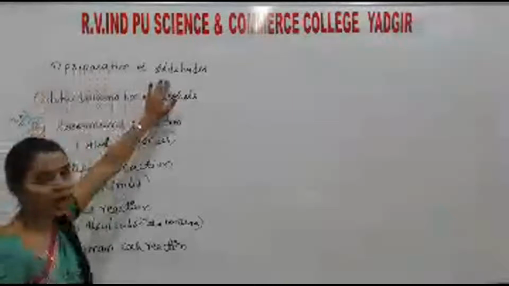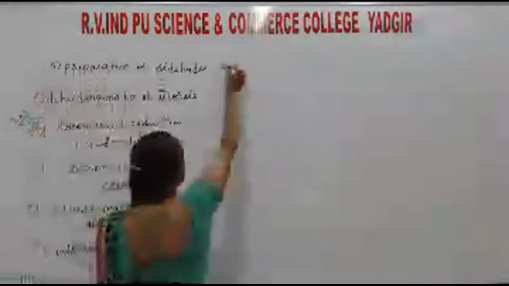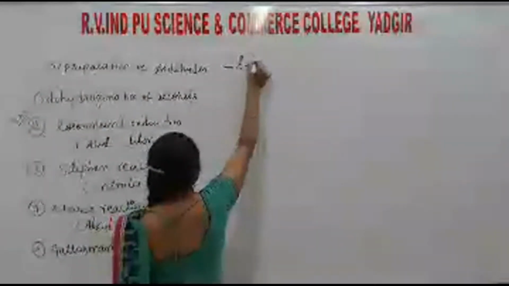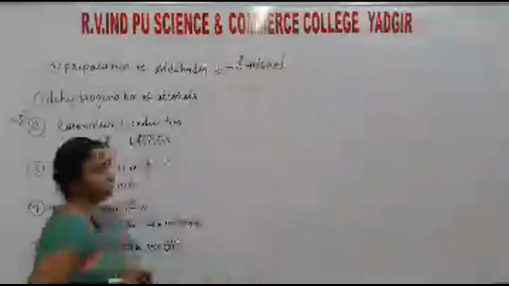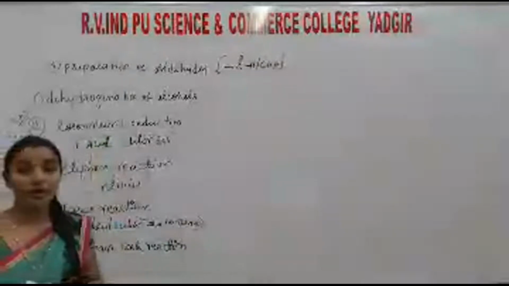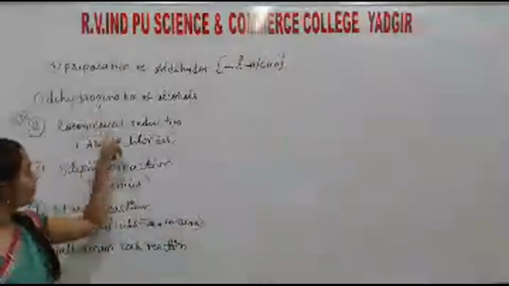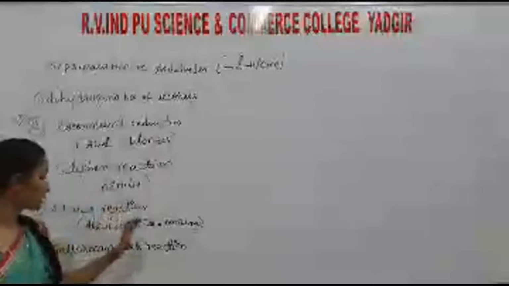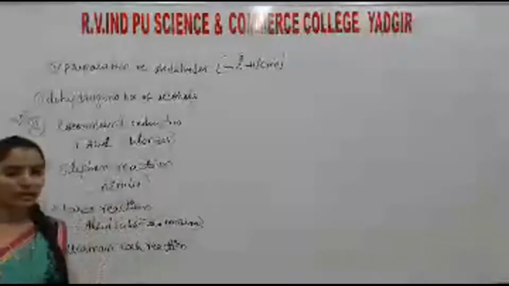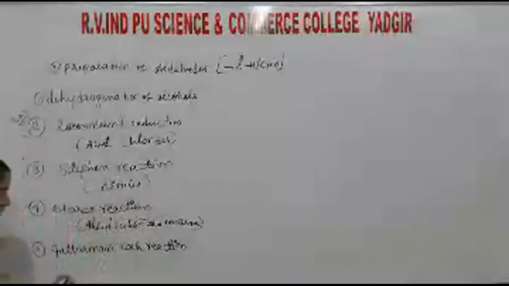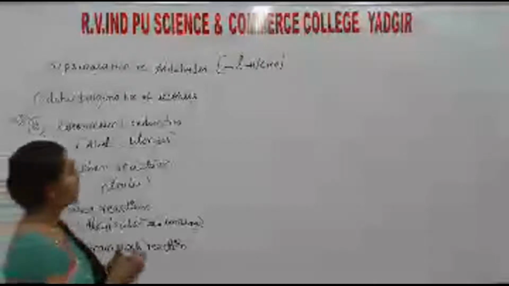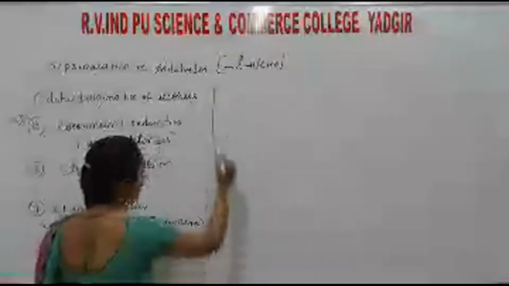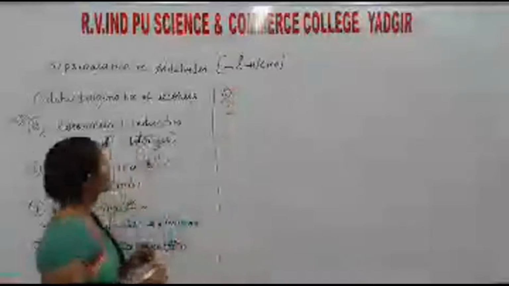So preparation of aldehyde. Aldehydes have the functional group C double bond O H, or CHO. This functional group we have to prepare from alcohols, from acyl chlorides, nitriles, alkyl substituted benzenes, and this Gattermann-Koch reaction. This is also from benzene. Understood? So we'll do it one by one. So students, first one is